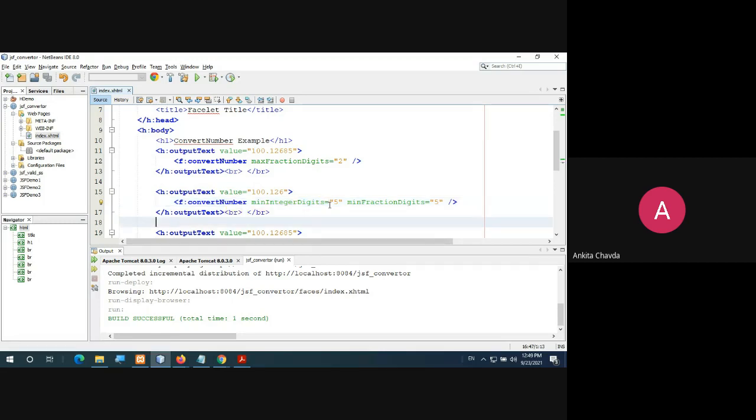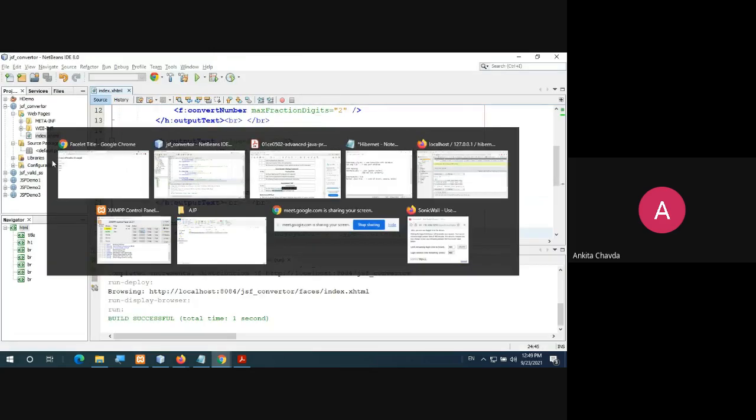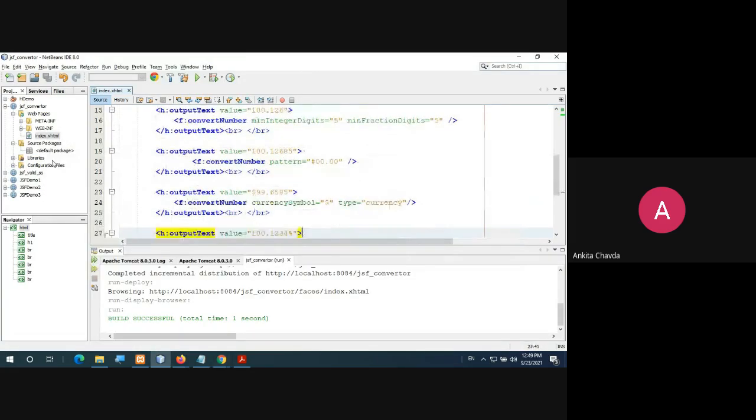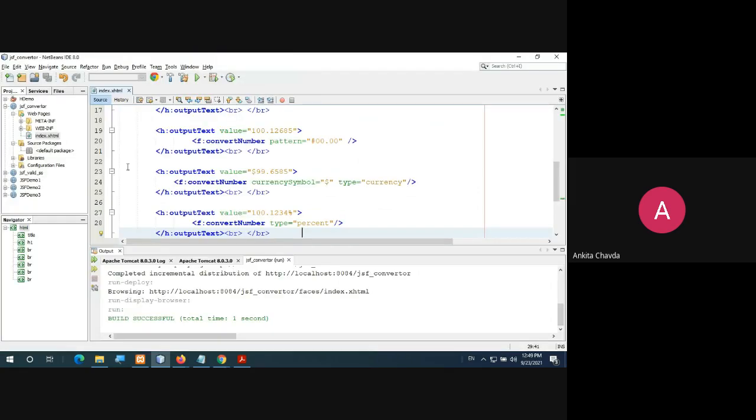Okay. Then for the third one, after that dot, it will only use this 2, but it cannot trim the values in the integer part. Logically, it is incorrect. Then we have this currency symbol, and here it will have this percentage symbol with this percent.